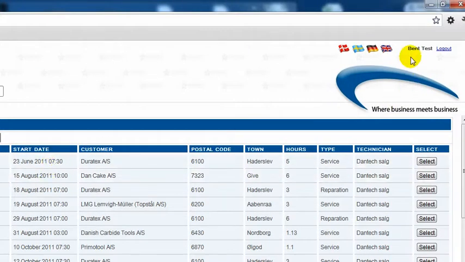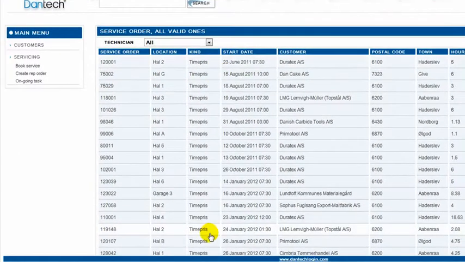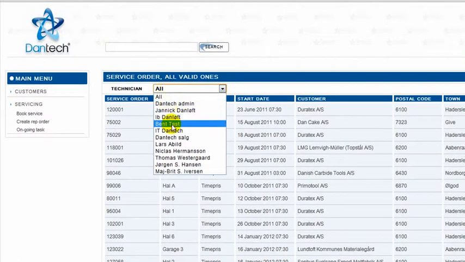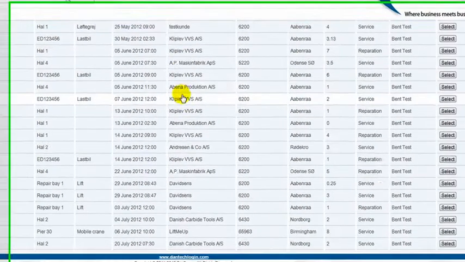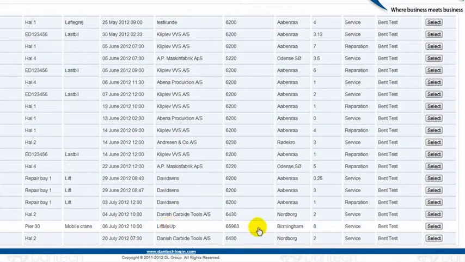Now I'm logged in as a technician called Bent, so instead of looking at all the service orders, I'm going to choose the technician called Bent. Now he's only looking at all the different services which have been booked in his name. I'm going to find my customer, Lift Me Up. I'm going to click select on the right side,